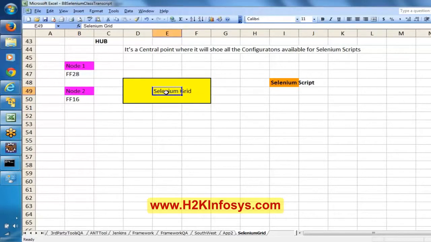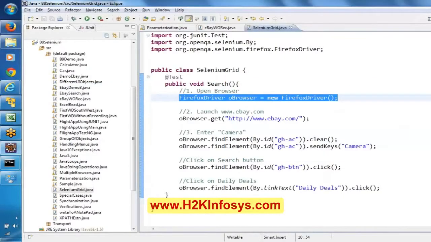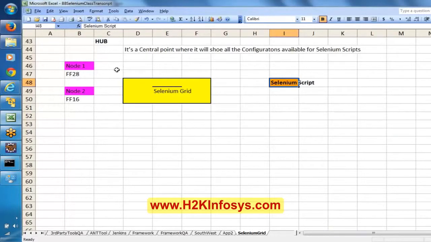From the Selenium grid, it will automatically choose based on the versions that you have mentioned. I hope you are getting what I'm saying. Earlier we were opening Firefox or Internet Explorer directly from the script, but now if I want to open the Firefox 28 version, I have to open it through the Selenium grid.